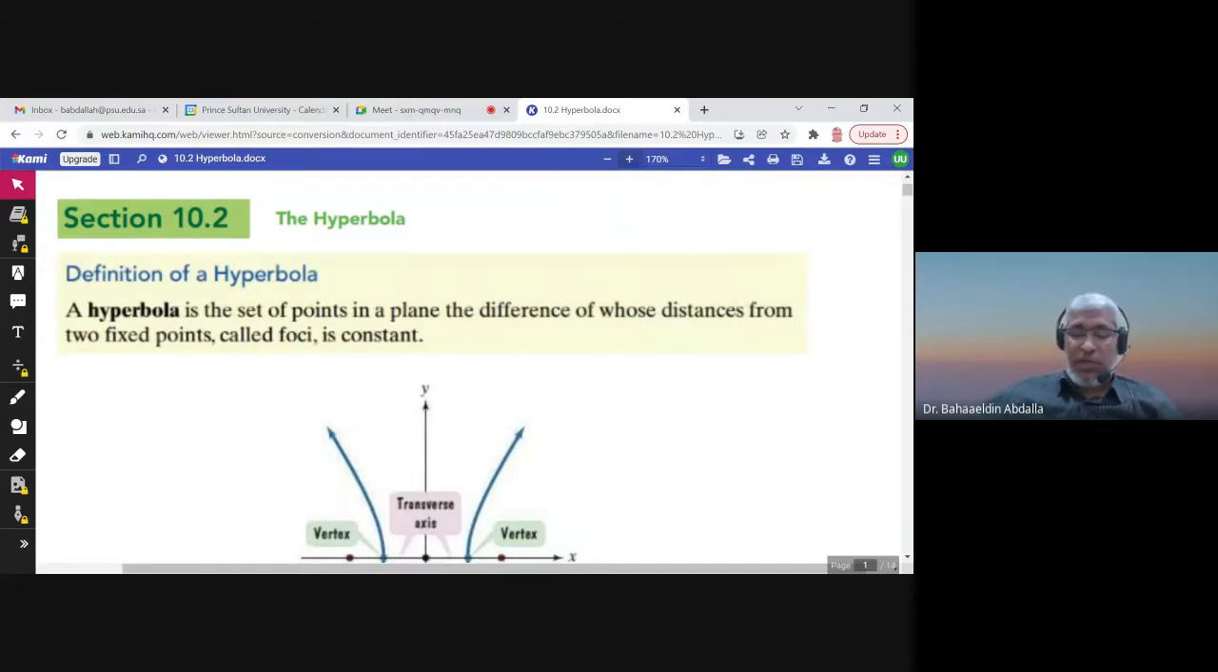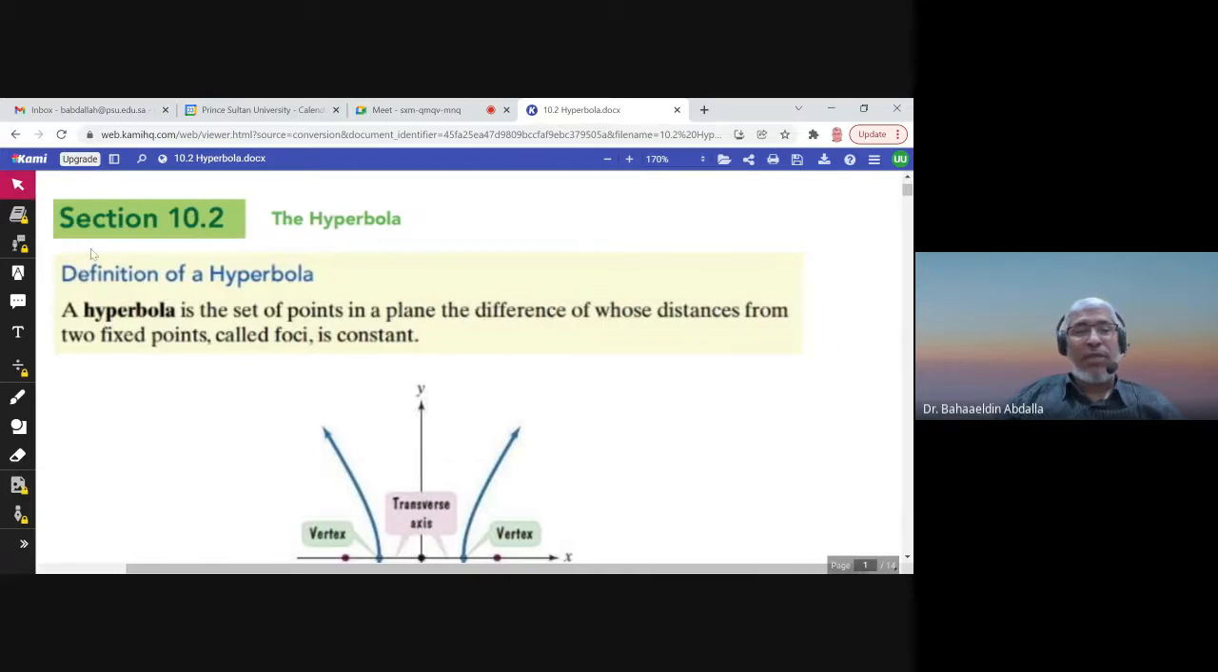This is the second conic section, section 10.2, the hyperbola. The second conic section is the hyperbola. Well, what is the definition of the hyperbola? A hyperbola is the set of points in a plane, the difference of whose distances from two fixed points called foci is constant. If you remember